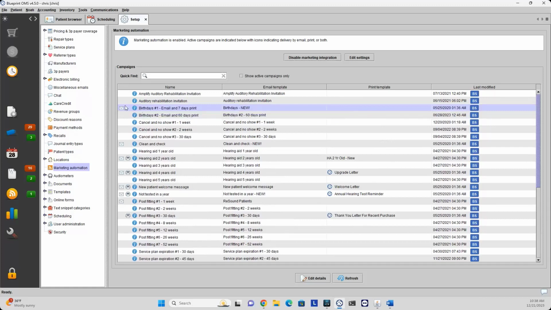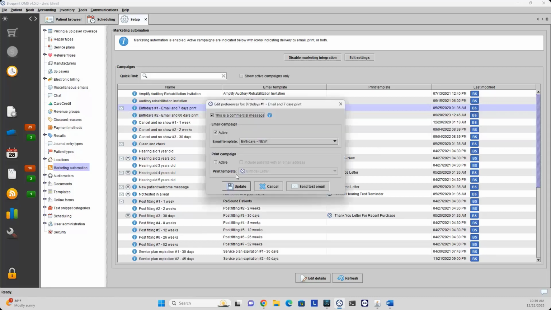Now, along with this, you will notice that there are certain icons next to these campaigns. This is going to indicate whether or not they are active and what is active with them. So for example, you can see the birthdays number one here. We see the letter icon there indicating that the email campaign is enabled. Let's say we want to go ahead and enable the print option as well. We can highlight this, come down to edit details, and we can go ahead and activate that print campaign